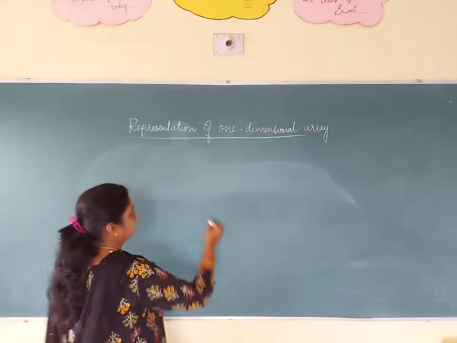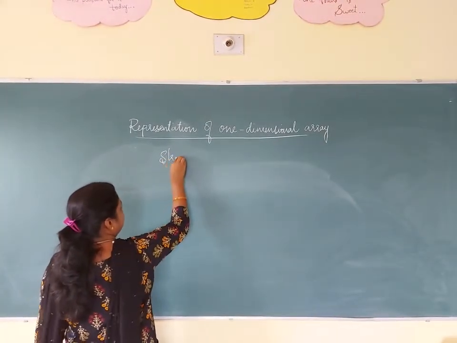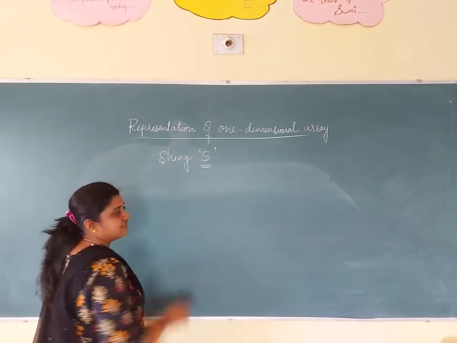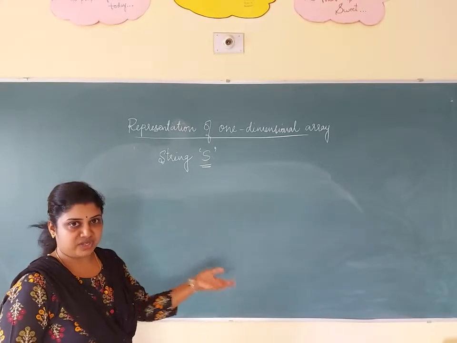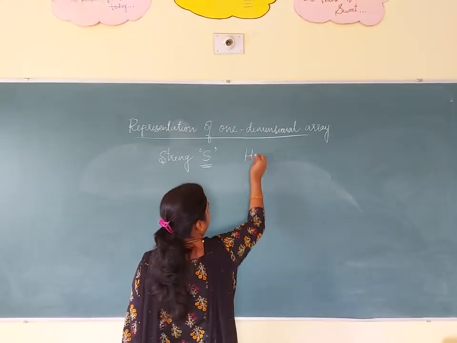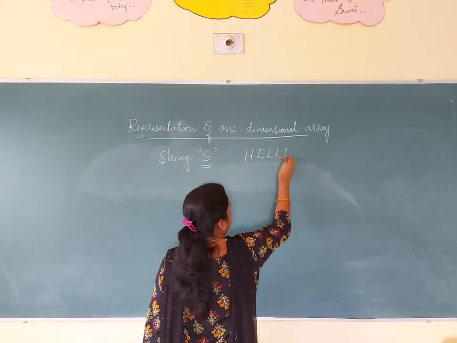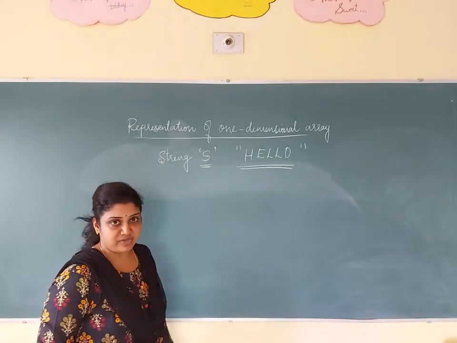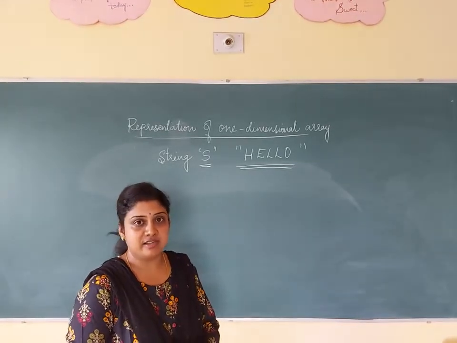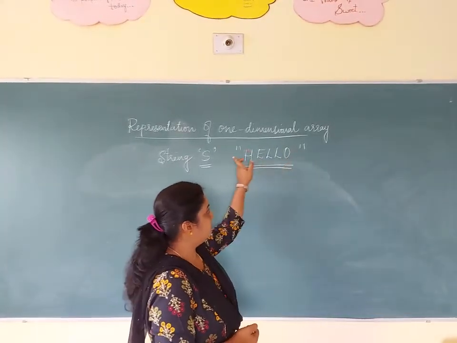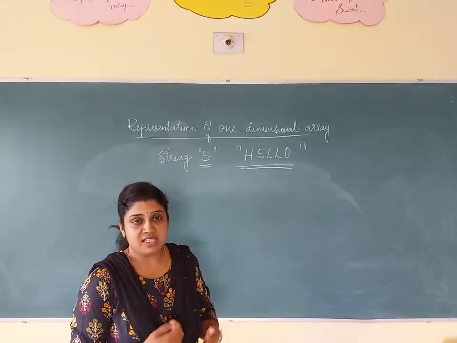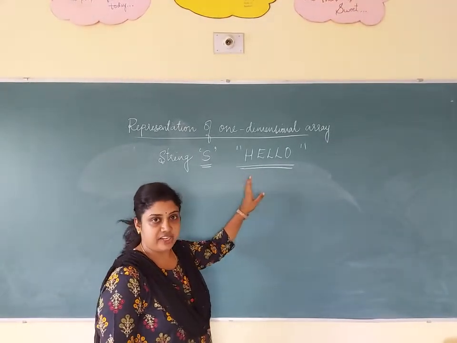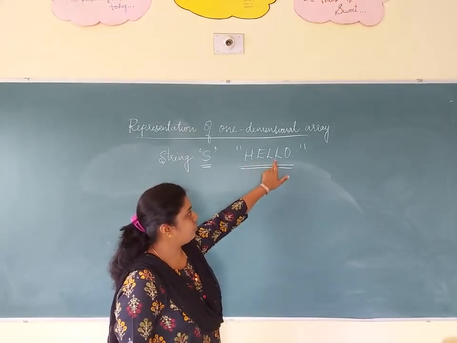Consider a string. Yes. Okay, Yes is a string, and I am passing one string like hello. See, this is my string. What is meant by a string? A string is a set of characters enclosed within double quotes. In this example, how many characters have I taken? 5. 1, 2, 3, 4, 5.